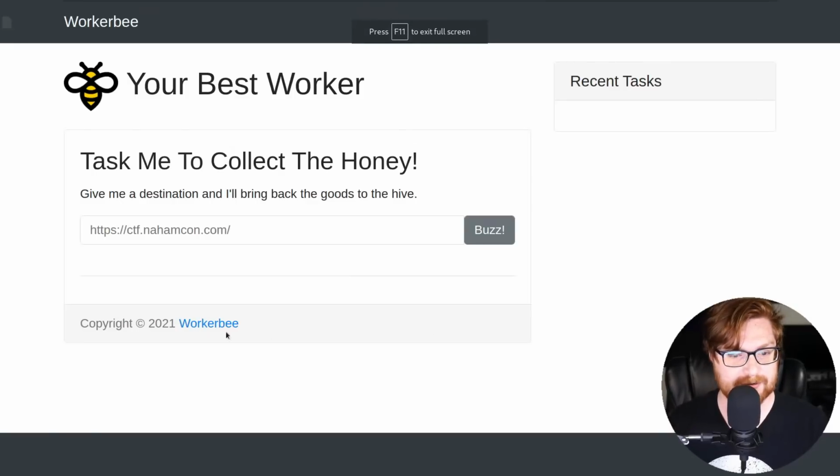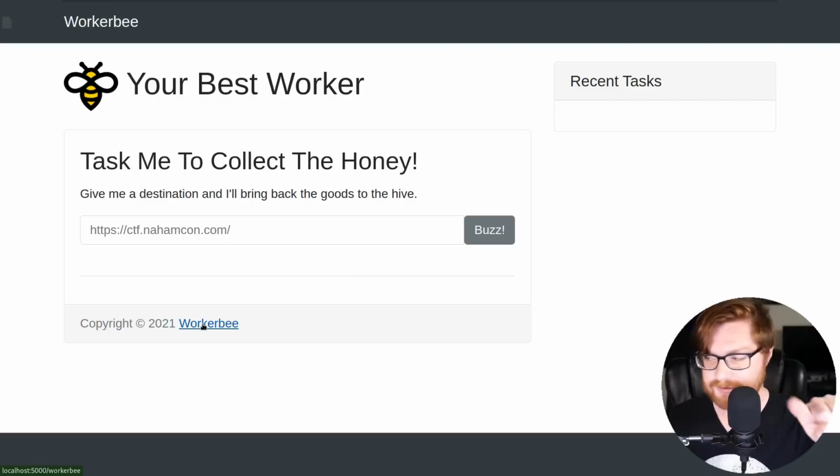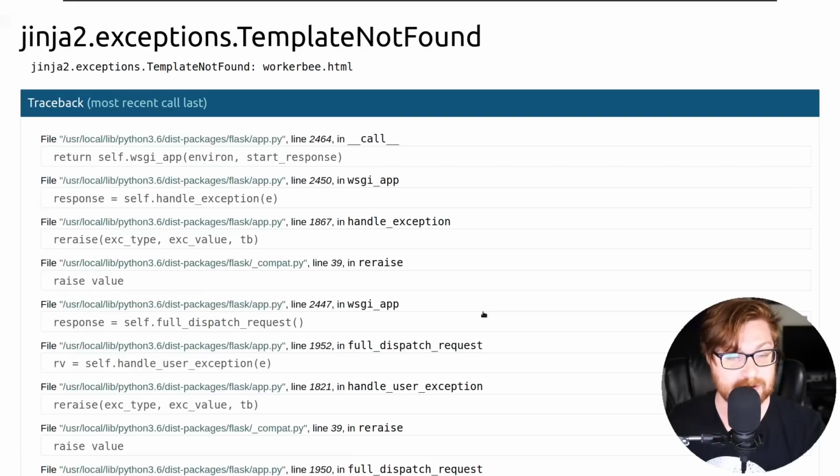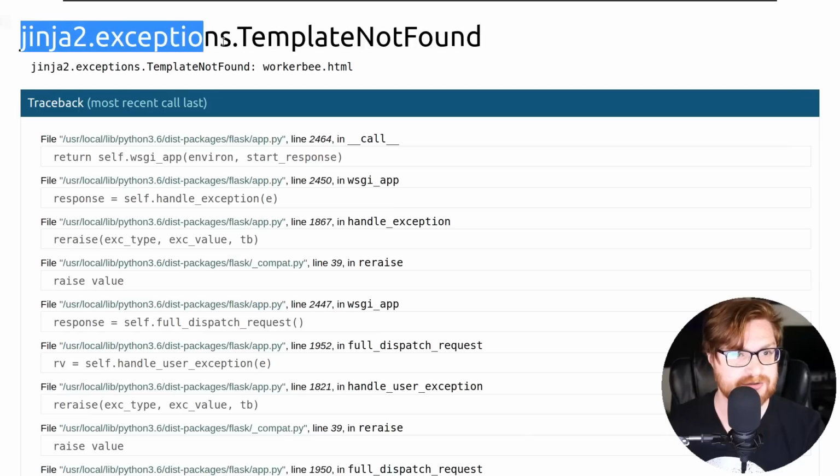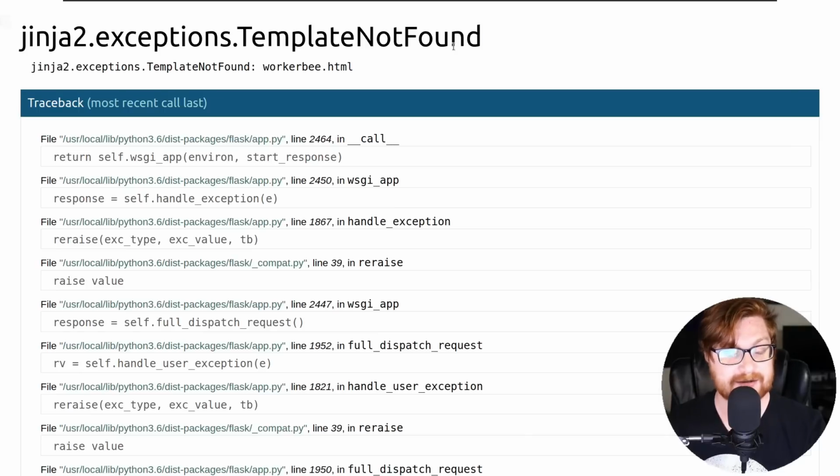But clicking around, I do see a link down here: Copyright over to worker bee. Clicking on this, looks like over in the bottom left, if you can see on my screen, a link to /workerbee. Ooh. Okay, so going here, I see a Jinja2 exceptions TemplateNotFound, and this is actually an error